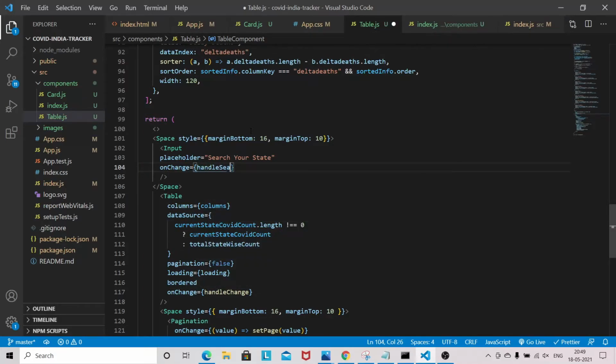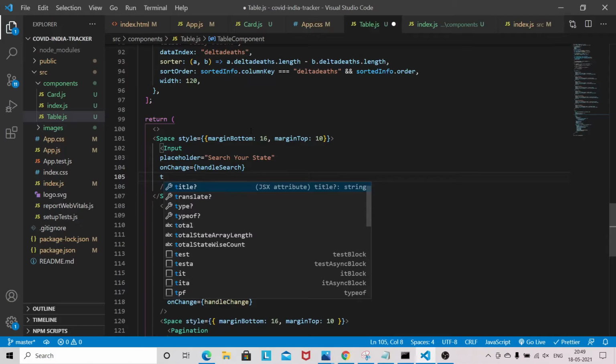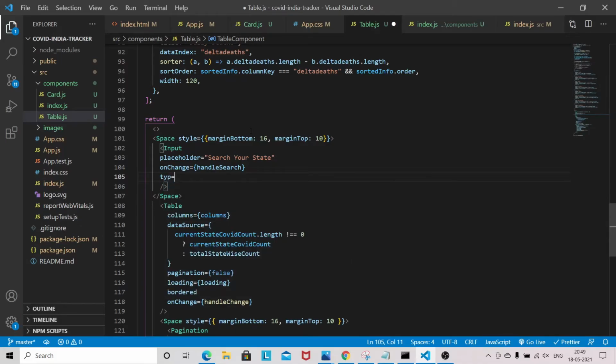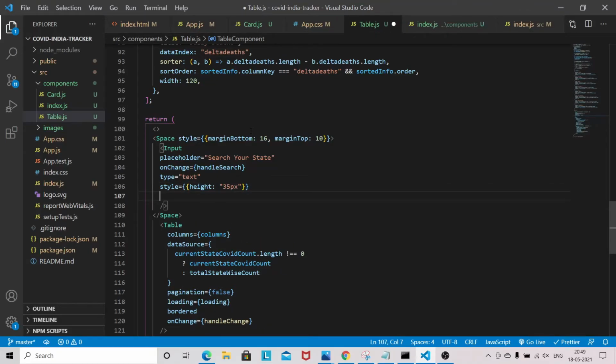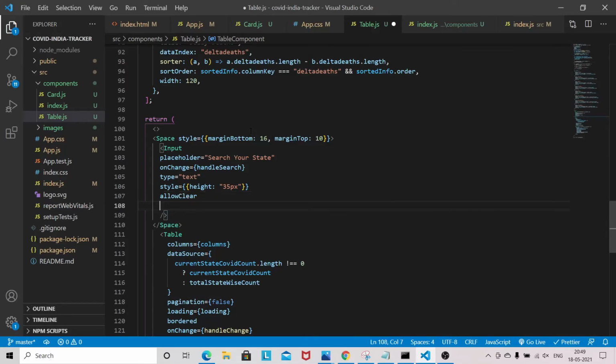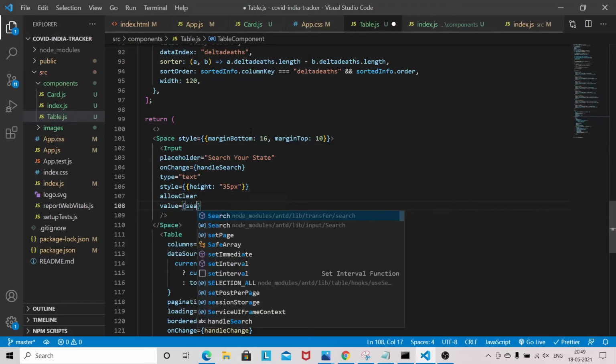onChange, we'll be having one handleSearch, type, we need some props value from here, which will be coming from the app.js file, and style we will give height 35 pixel, a clear button, search text.